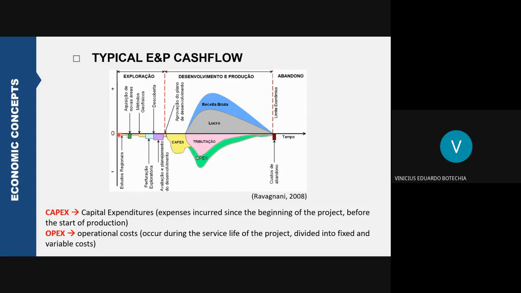You have only expenses, but from this point on, you have production, you have revenues. Until here you call it the development phase, from here to here. People used to call it the production phase. We see here the management phase, right? So we have revenues, and you